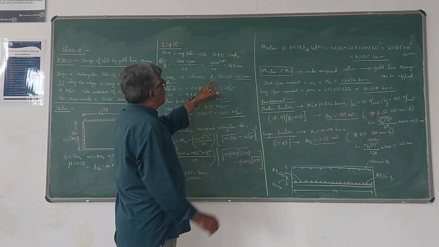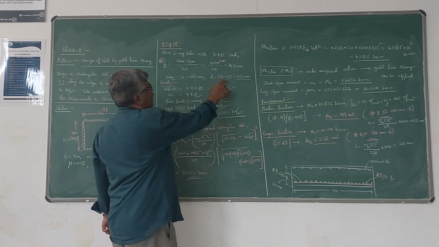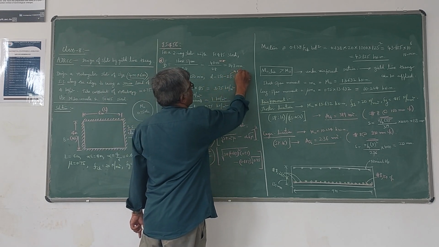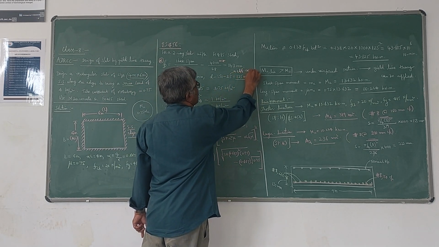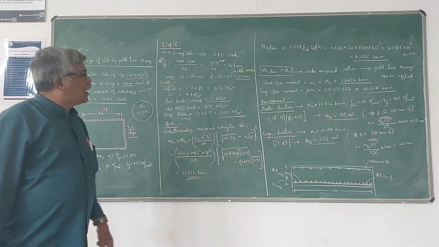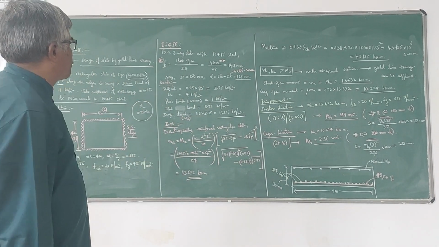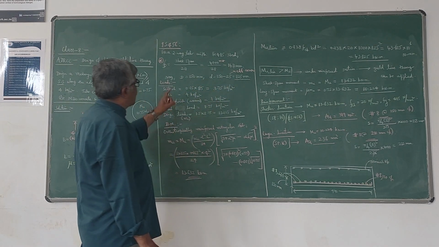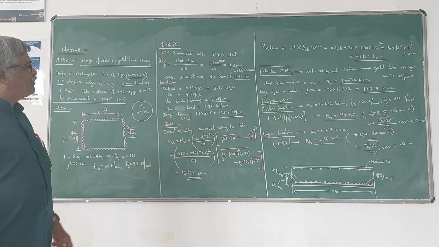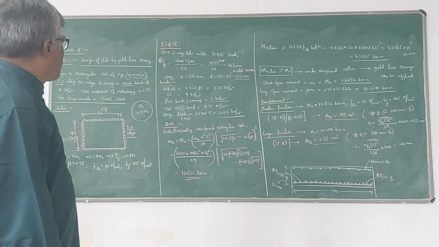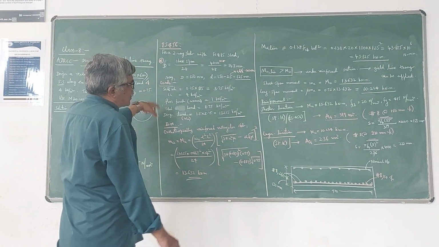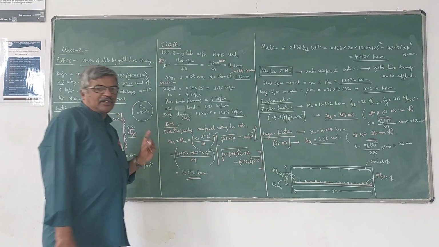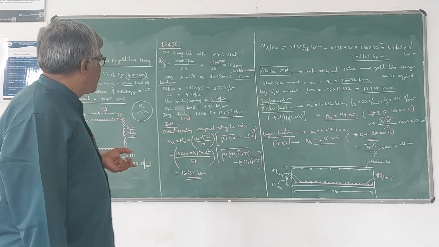Now your effective depth will be the overall depth minus the effective cover. I will assume the effective cover as 25 mm minimum. So it becomes 125 mm. The effective depth becomes 125 mm for this slab. The overall depth is 150 mm, and the effective cover I am assuming is 25 mm. Now let us calculate the loads and bending moments, and we will design the reinforcement for the maximum bending moment.